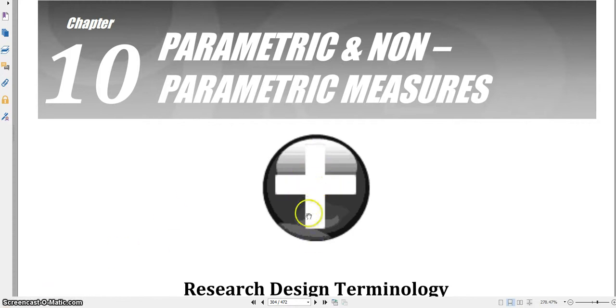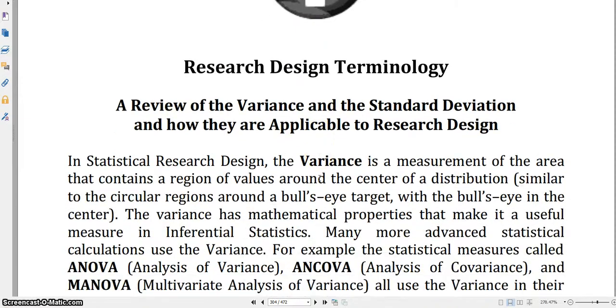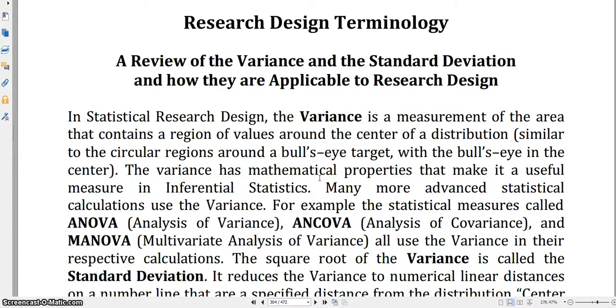So again, we have our add icon at the beginning and research design terminology. So this beginning of the chapter is critical. It's really going to talk to you about the variance as a measurement of area, standard deviation extracted from the variance, and how the variance can be used in particular in measures such as ANOVA, analysis of variance looking at multiple groups, ANCOVA, analysis of covariance, multiple groups with pre-test and post-testing,